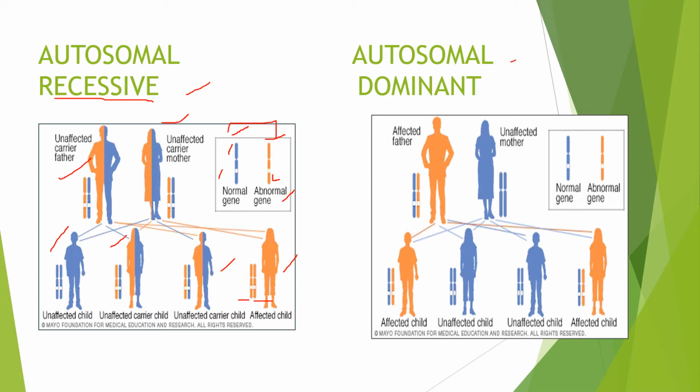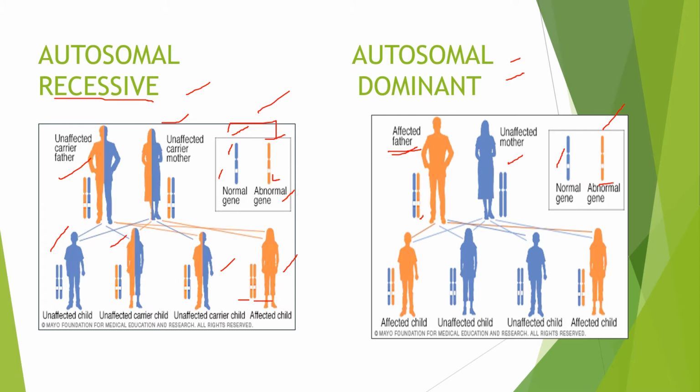And coming to autosomal dominant, unlike the autosomal recessive, where both the chromosomes should carry the abnormal gene for the disease to appear, in dominant it's not the case. If at least one chromosome carries the abnormal gene, then the individual will be affected. You can see there is only one abnormal gene in one chromosome, but the other chromosome is normal. Even then, the disease is appearing here. So he is the diseased person, even though he has only one abnormal gene present in the chromosome, and she is the unaffected mother.